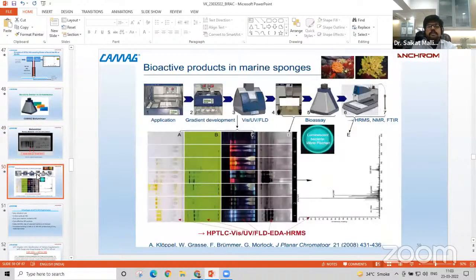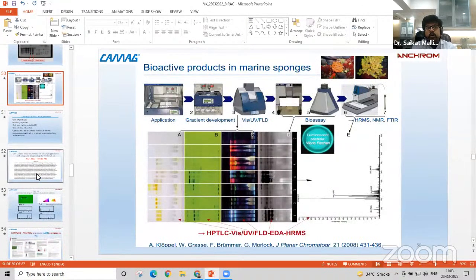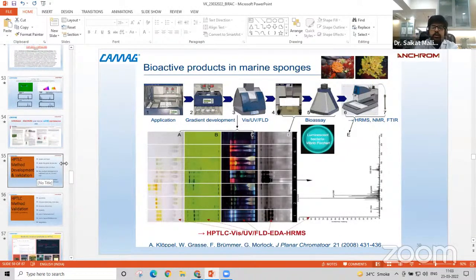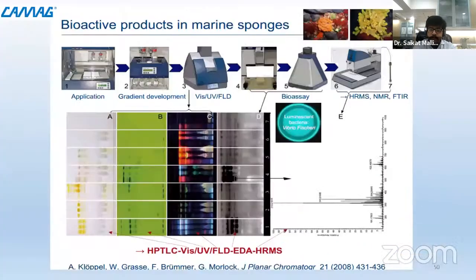Now, when we are talking about the standardization of the plant material, this is how we start. After we have established a method, we observe the separation pattern of the molecules. When the sample is being separated on HPTLC, we check for components which are separated. There will be a few darker bands, a few lighter bands. So it is very important to assess that when you want to establish anything as a marker, you have to select a darker band, and this observation has to be made after a large sample size is taken.